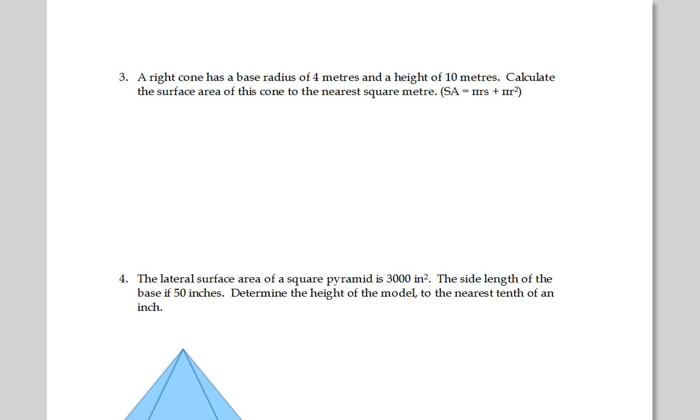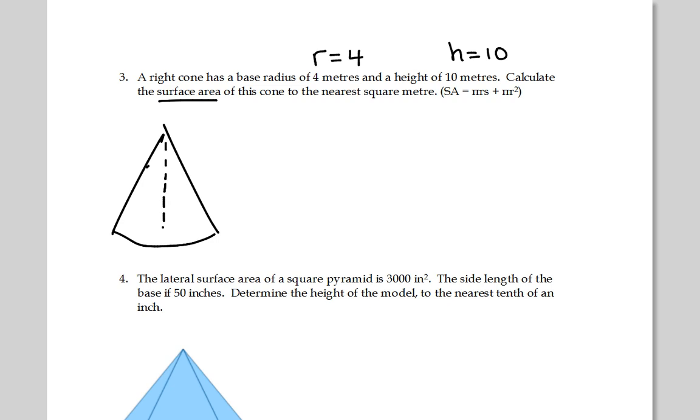So this question 3, it looks like you just accomplished something exactly like this on your quiz, so we'll go through this one quickly. With radius equal to 4 and height equal to 10, we're going to want to calculate the surface area. I just want to remind you that that height that they gave you,